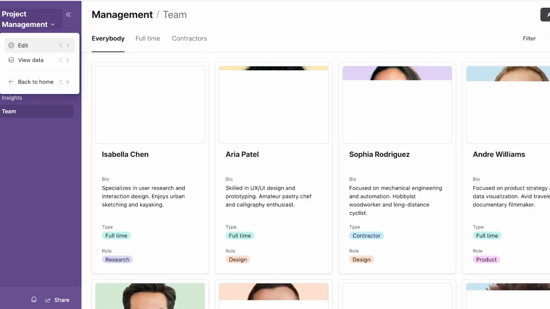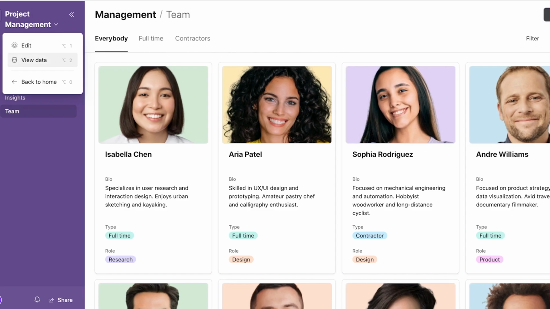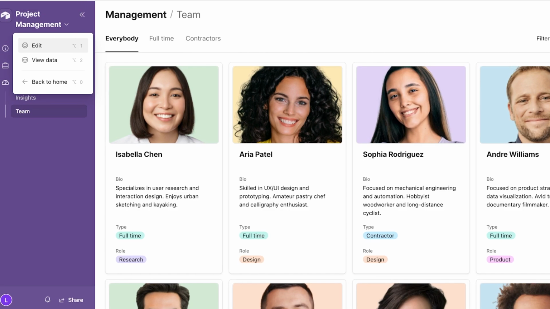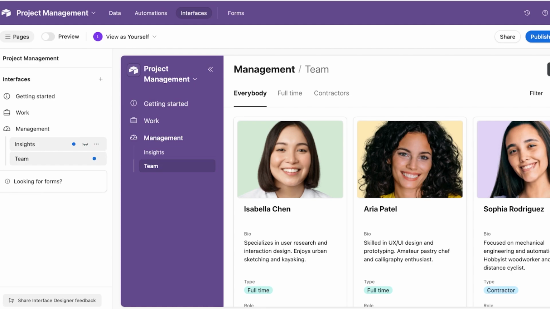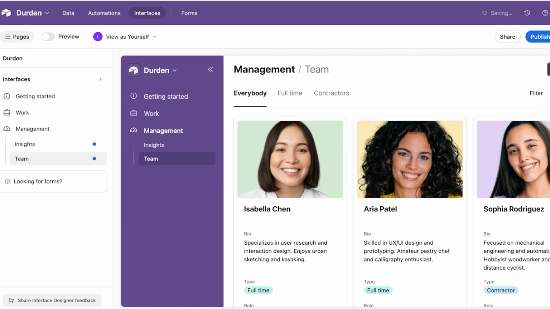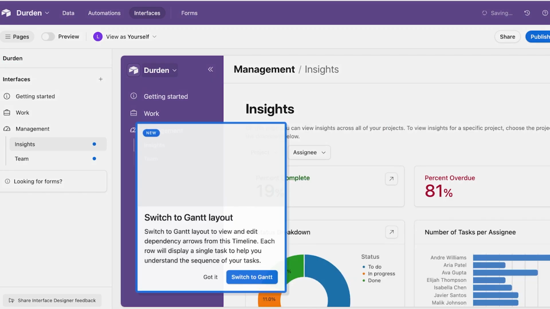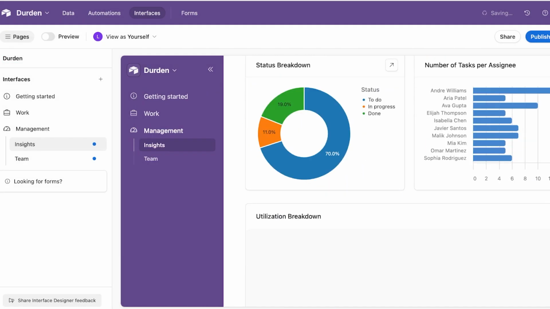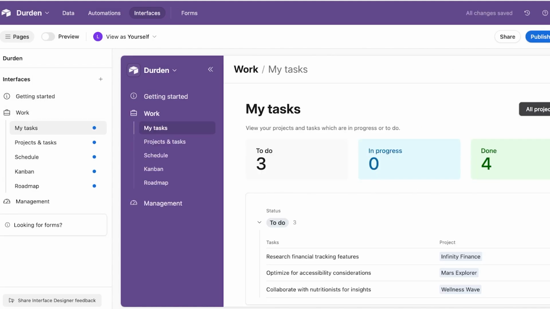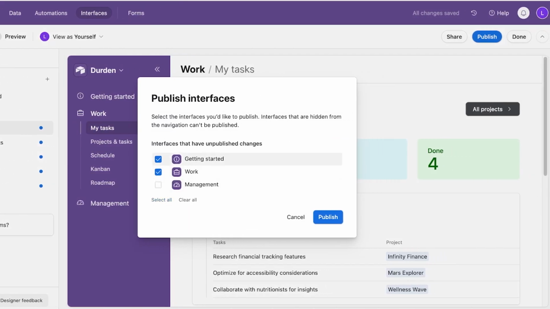On the left, you're going to have your project management or your table name. I'm going to click on edit over here. And once we click on edit, I'm going to rename this into Durden. Let's say that is my project. Then within Durden, I can proceed the rest of my project info. So I'm going to click on publish, and I'm going to select all my interfaces and publish all of them